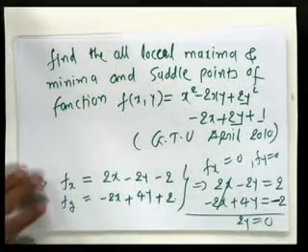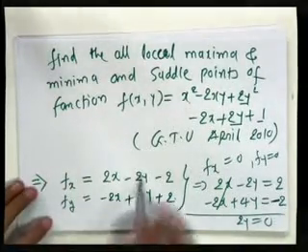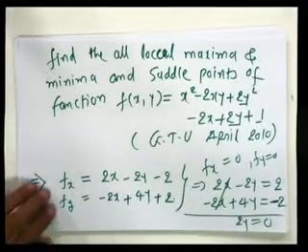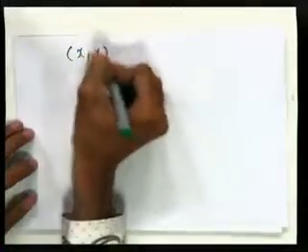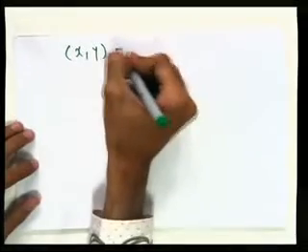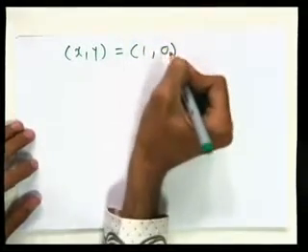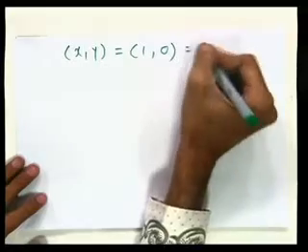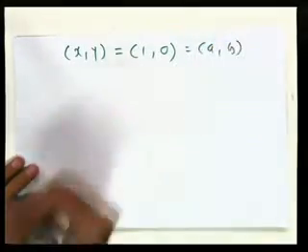So we will get y is equal to 0, and if we put y is equal to 0 here, then we will get x is equal to 1. So after all, by solving those two equations, we will get (x, y) is equal to (1, 0), which is the critical point. We can say this is our AB.